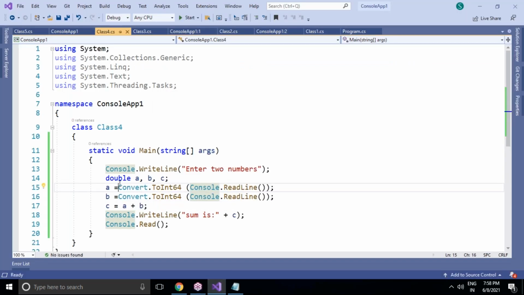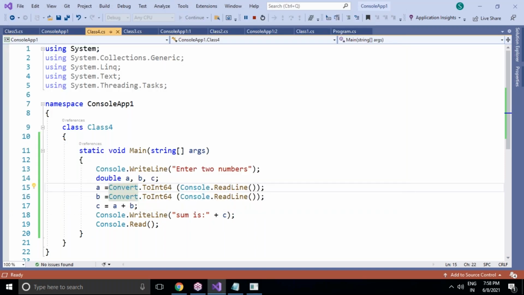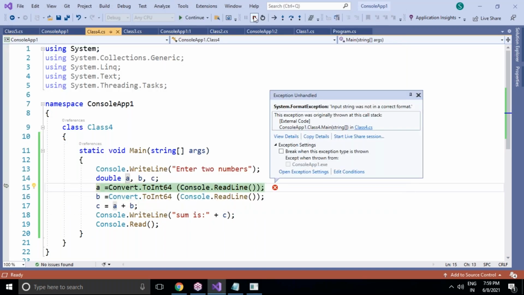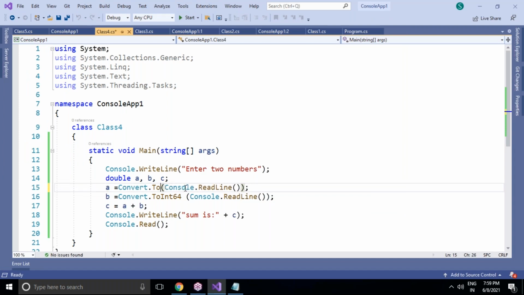But here one problem is there. Double is related to floating point values, and integer values will also be considered. But if I give a float in this case, when we work with ToInt64, if I give floating point numbers like 21 point something, it will give an error. It's unable to do it. Because you have to use Convert.ToDouble, not ToInt64.